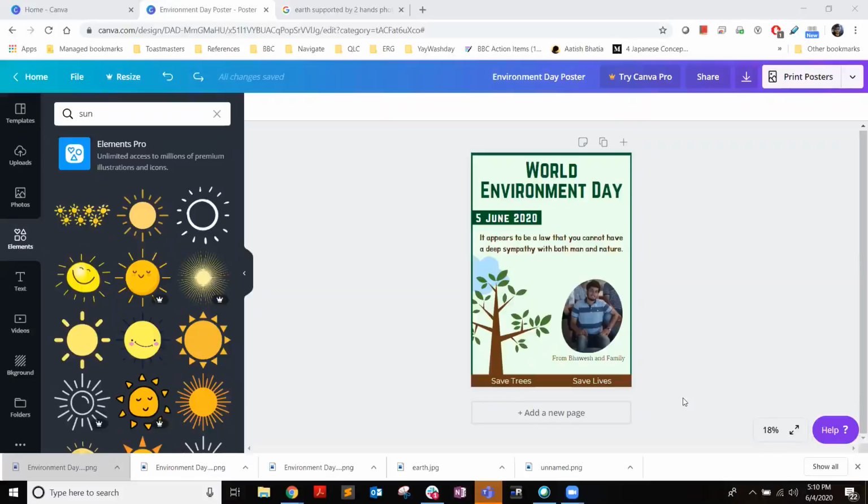So yes, I leave it to you guys, what creativity, what themes, what ideas you want. And then within this week, I'd expect posters from all. And you experiment different things here. And next Saturday or Sunday, however, we'll schedule a new meeting where we'll have more of a doubt session. And on the group, you can try putting the posters. If you have doubts, feel free to ask me. If required, we can have one more session based on the feedback on the group and the requirement of the group.